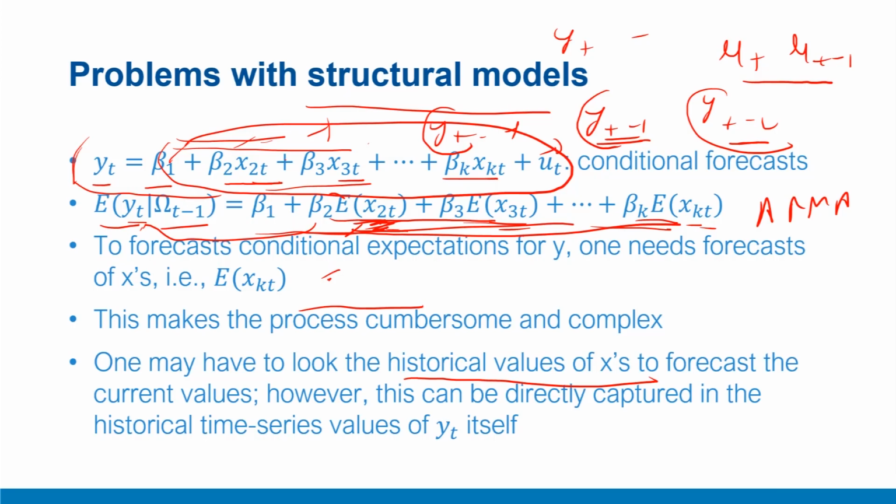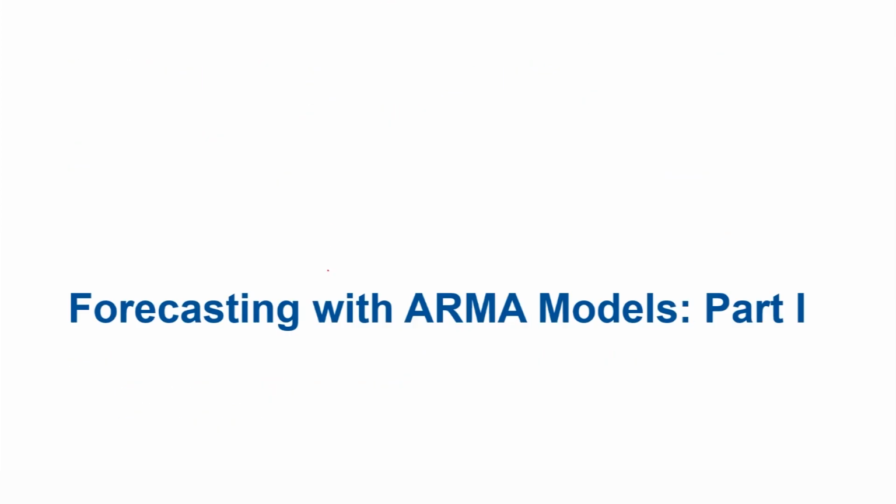So to summarize this video, we have understood what time series forecasting is, what the elements of time series forecasting are, and how it is a better way of doing future forecasts or predictions as compared to structural models. While it takes the information content of those structural models, it still avoids a lot of problems in terms of information collection and gathering and building cumbersome models as done with structural models. In a series of next few videos, we'll try to understand the forecasting process with the ARMA class of models. In this particular video, we'll understand forecasting with the MA model.